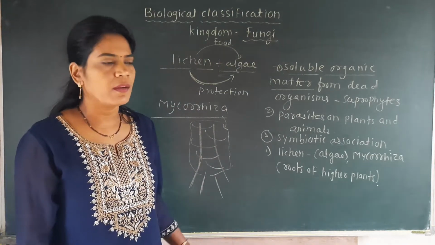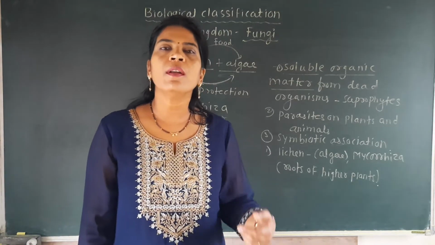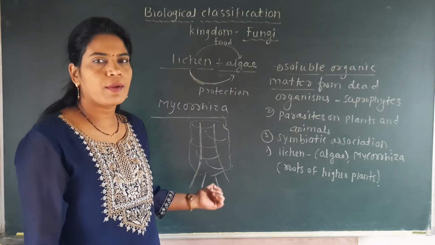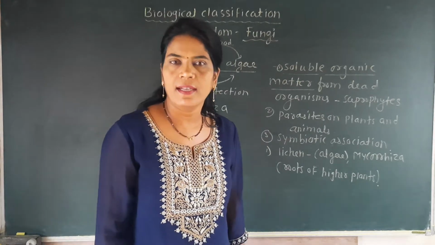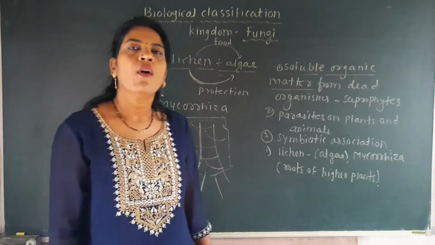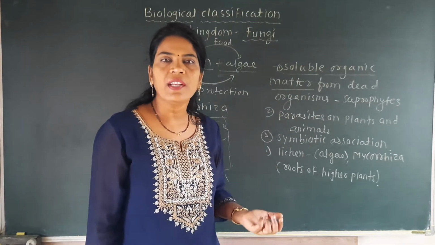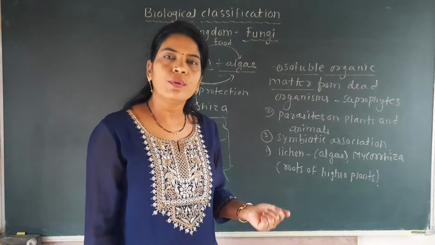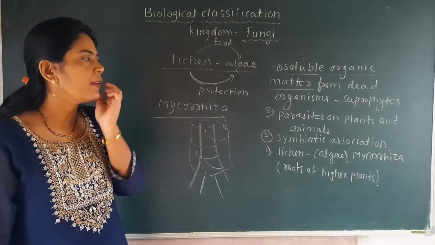So it is important. This plant gets more food, more nutrients, more water due to the mycorrhiza, and the mycorrhiza in return gets a protected environment from this root, because on that root there is a layer of this mycorrhiza, so they get shelter on that root, and the root gets food from the mycorrhiza. So it is a symbiotic association.